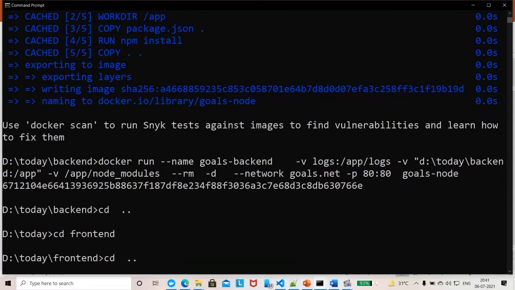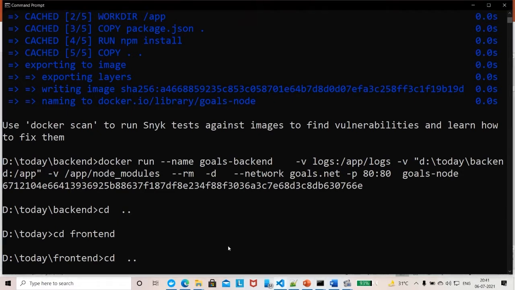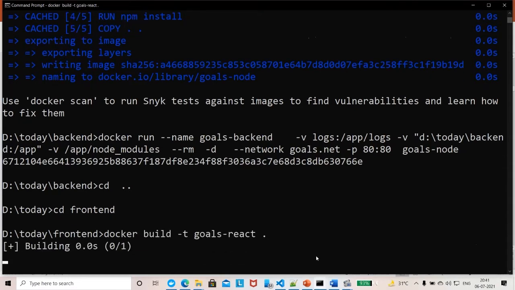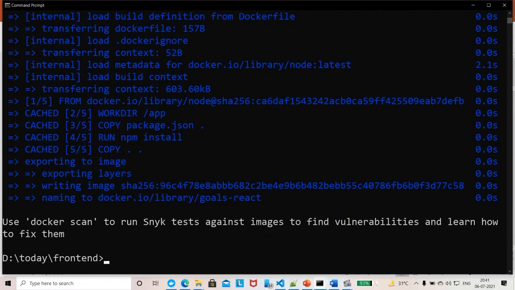Again, I need to build the image, so I will build it. Image building is complete.